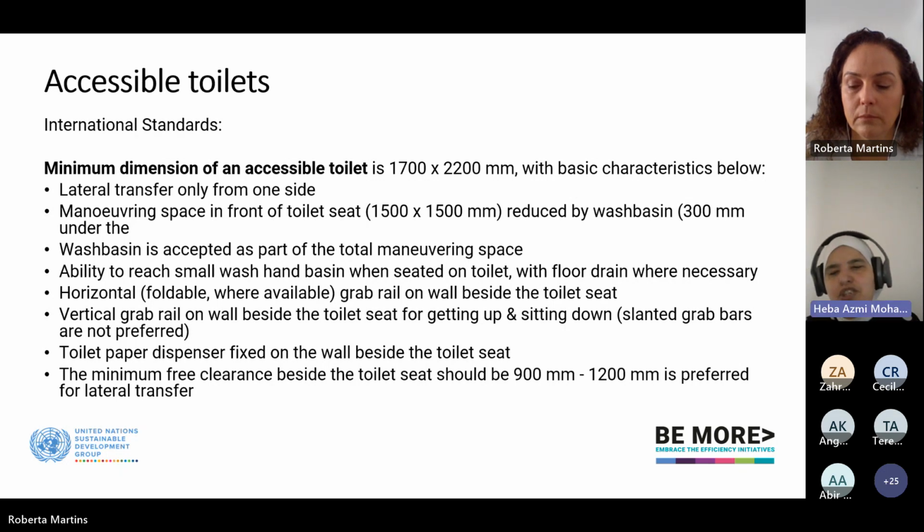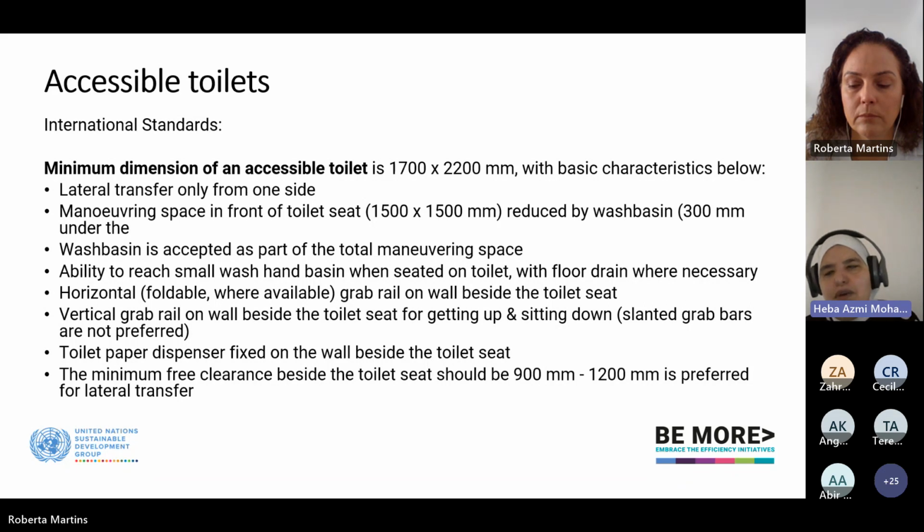So in the accessible toilets slide, according to the international standards, the maximum dimension of an accessible toilet is 1700 by 2200 in width. So in the next few lines, they can explain the recommended accessibility measures for the items inside the toilet room,